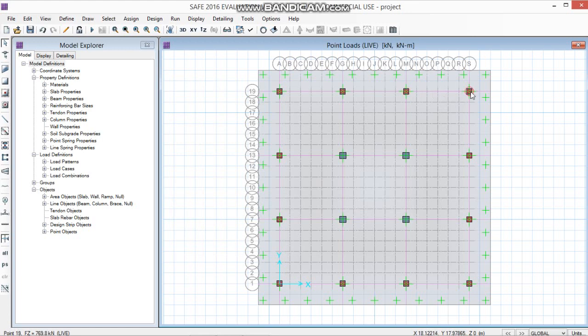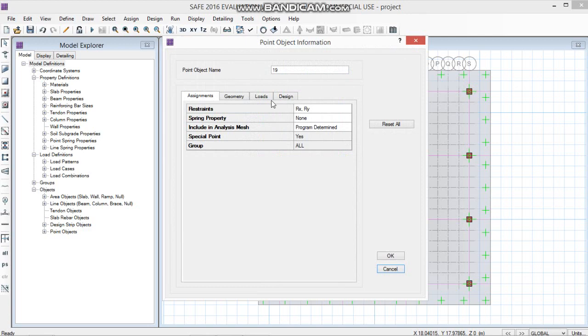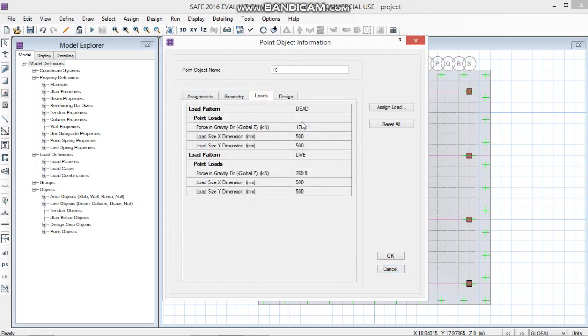You can also have a look at data values by right clicking on any column. Likewise, by right clicking on this column, go to the loads and you can cross check the dead load and live load in the load patterns over here, which is 764.1 and 769.8 for this column, which is correct.